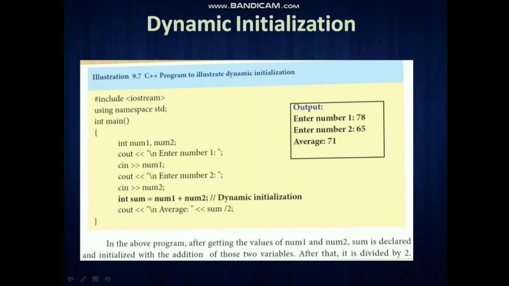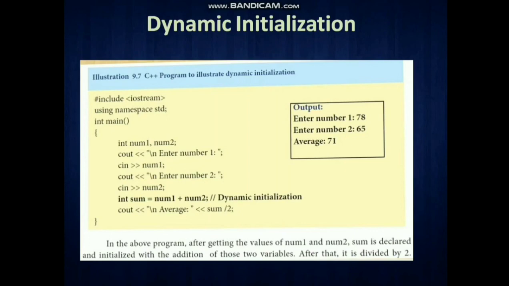Now I want to know the average. So that is dynamic initialization from here: int sum equal to num1 plus num2. We need the average, which means first we have to know the total of the num1 and num2 variables.